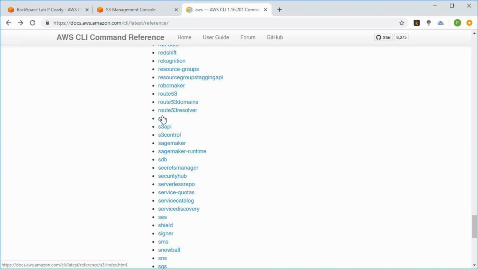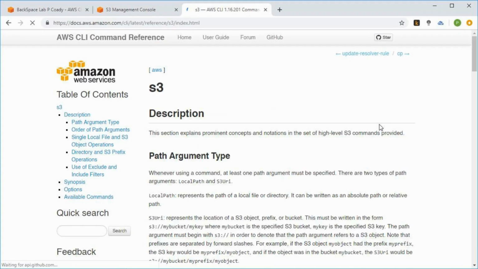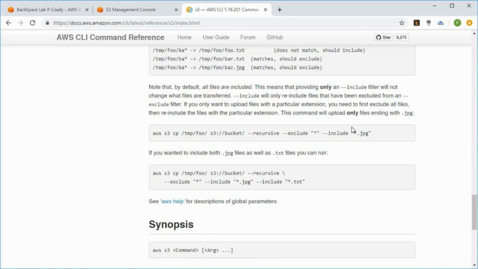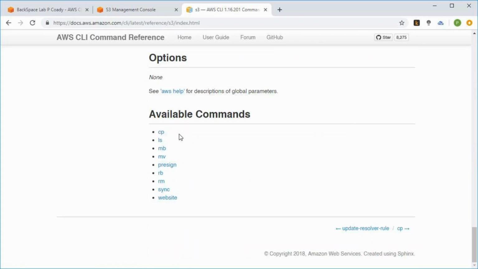and we'll have a look at the S3 commands. So we can see here, we don't have a lot of commands available. So they're the only commands that are available using that S3. So if you want more than that and you want the full capability that you have with the S3 service, you can use the S3 API commands.